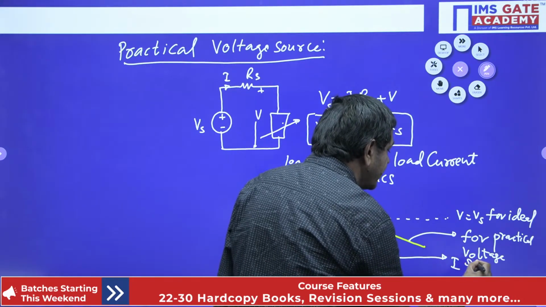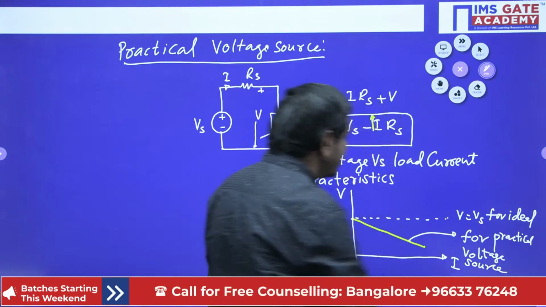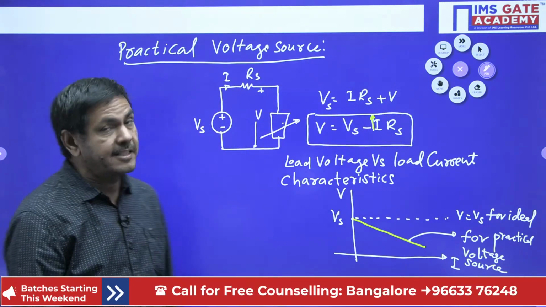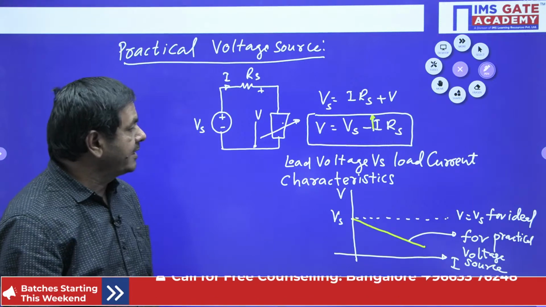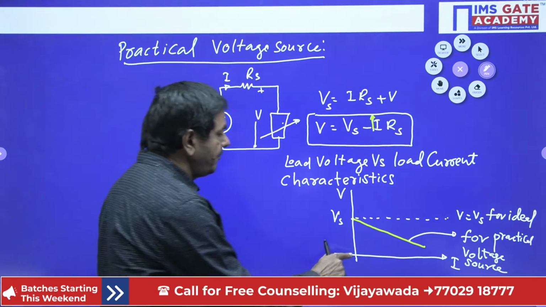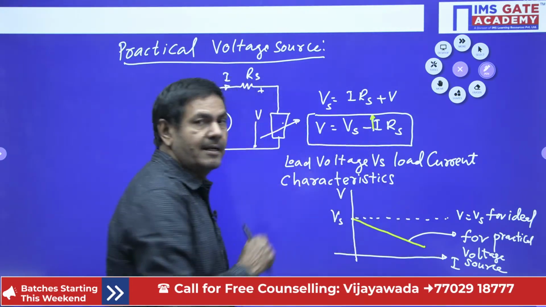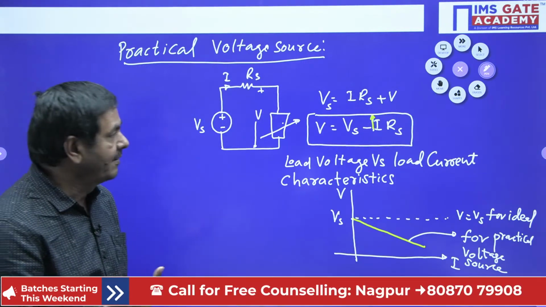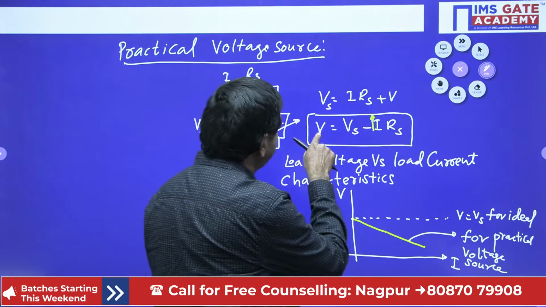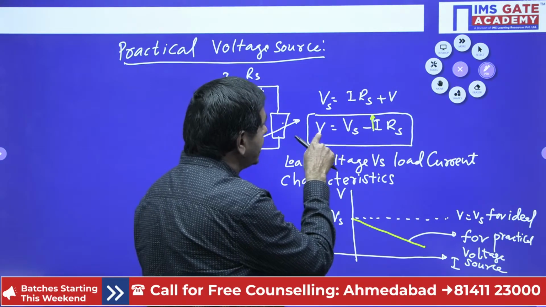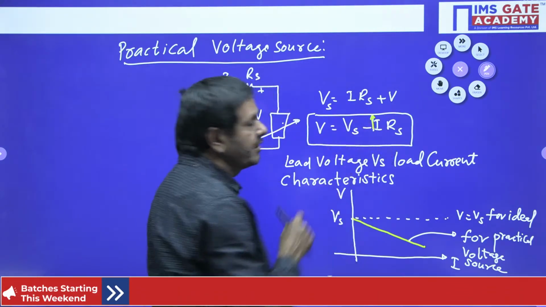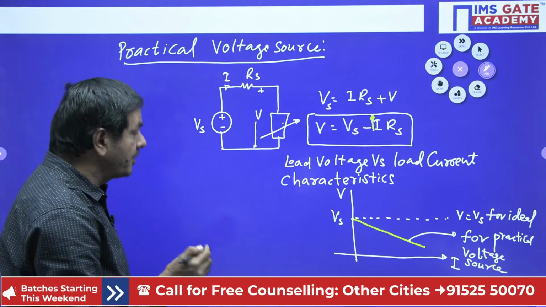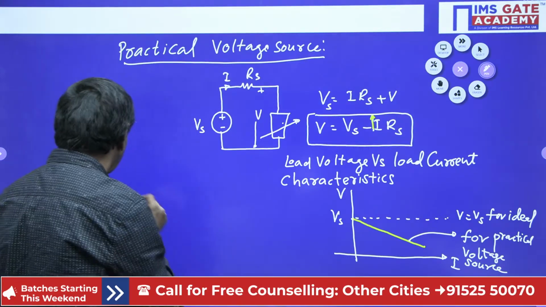Voltage source I can write. That's possible now. So these two cases are possible. But in this case, what I can say, does the change of load current change V or not? 100% changing only now. Because this load voltage is a function of the load current I only now. That's why here the property we have to understand now is the load voltage,